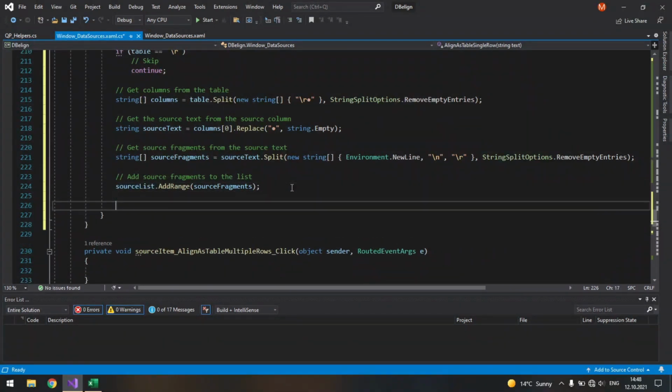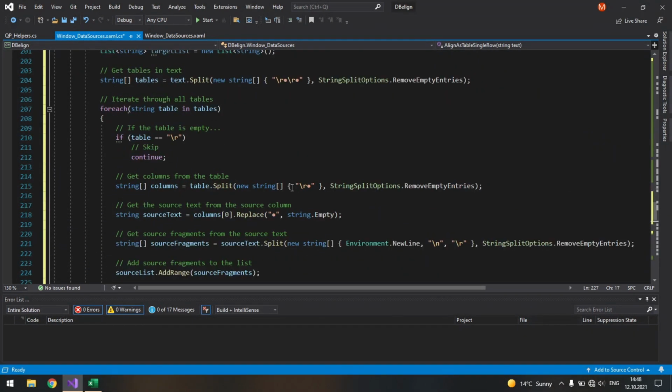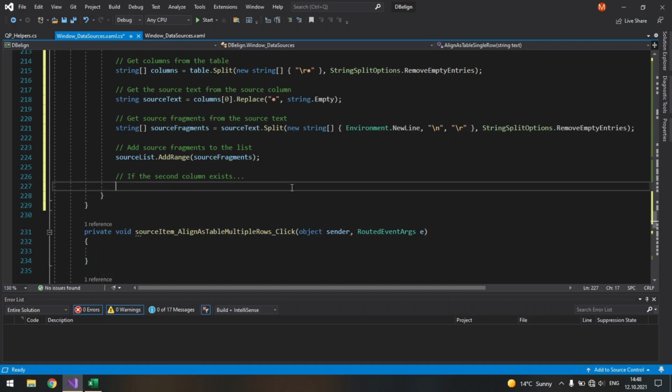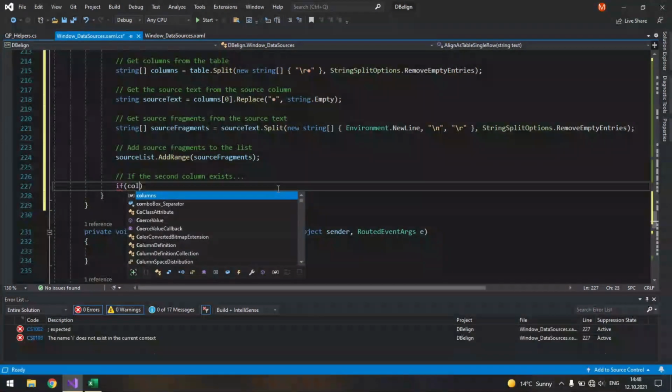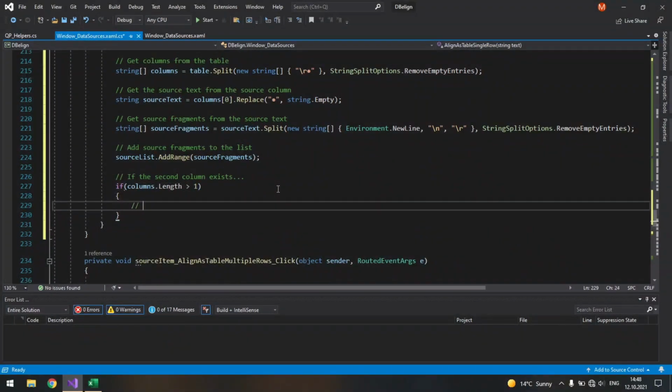And every time for each table we check if the second column exists. So if the second column exists, if it doesn't, there is little purpose to such tables, but still, who knows what kind of form the data is contained in. So if columns.length is more than 1, we get target text.